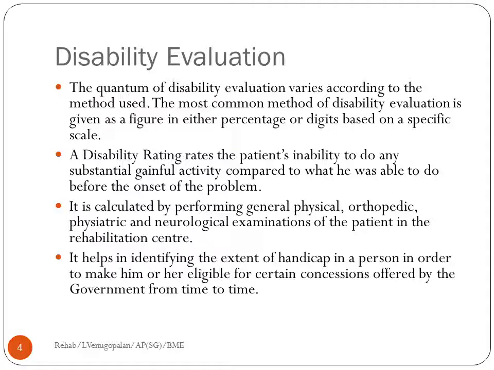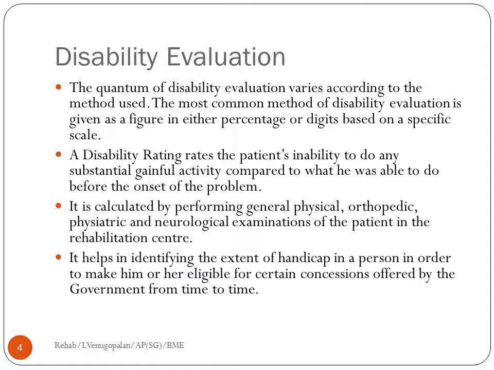Say, their hand function is 50% of the normal value, or for a stroke person, or a person with Parkinson's or cerebral palsy, their fear of falling is 8 on a chart of 10, where 0 is minimum fear and 10 is maximum. Then you can have certain grades, like a number given for the disability. You have various outcome measures. Again, you don't use just one outcome measure to come to a conclusion.